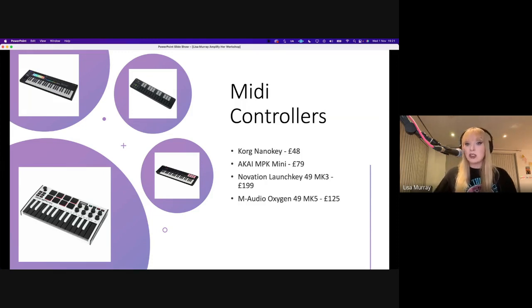The thing about MIDI controllers is it's just what suits you in terms of what you want to be doing, how much you want to be playing. If you're a big piano player who has grades and grades of experience, you're probably going to want to play it really expressively, and you want a bigger keyboard so you can use the maximum range of it. If you literally just need something to get the ideas in, like a Nano key or an MPK Mini is going to be perfect for getting ideas down and having a bit of fun.